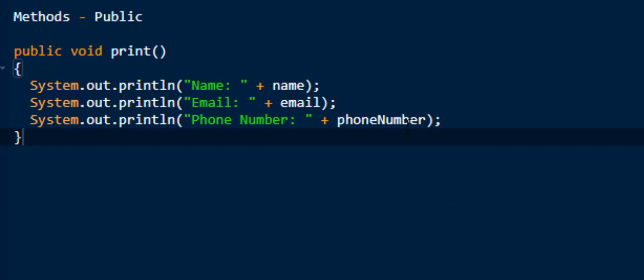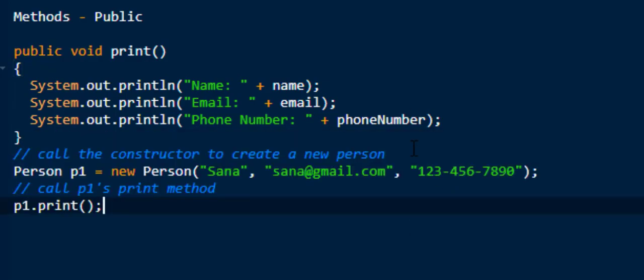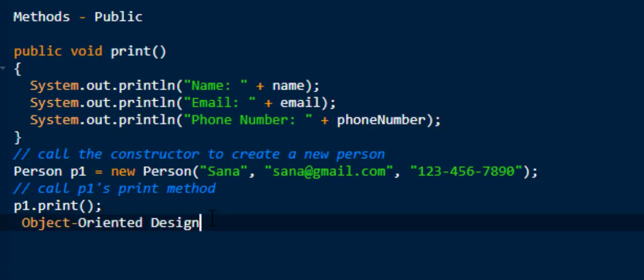Now, to call a method to do its task, we create an object of the class and then use a dot operator to call its public methods. For example, p1.print means call p1's print method. We have been told in the earlier units that Java is object-oriented programming, which actually means that programmers first decide which classes are needed to solve a problem and then figure out the data and methods in each class. Similarly, now let us see